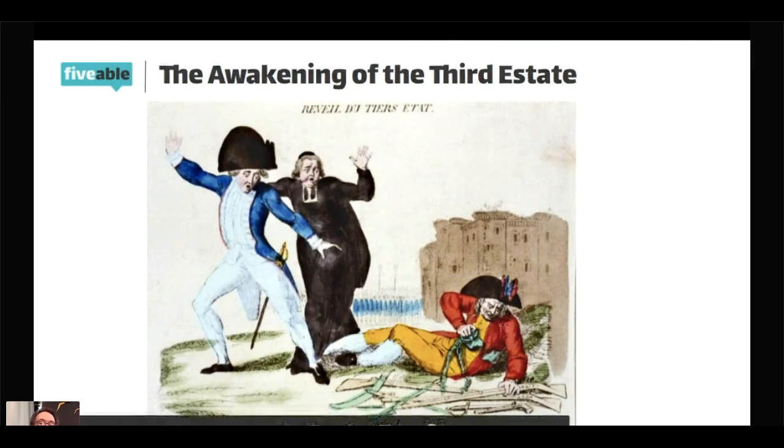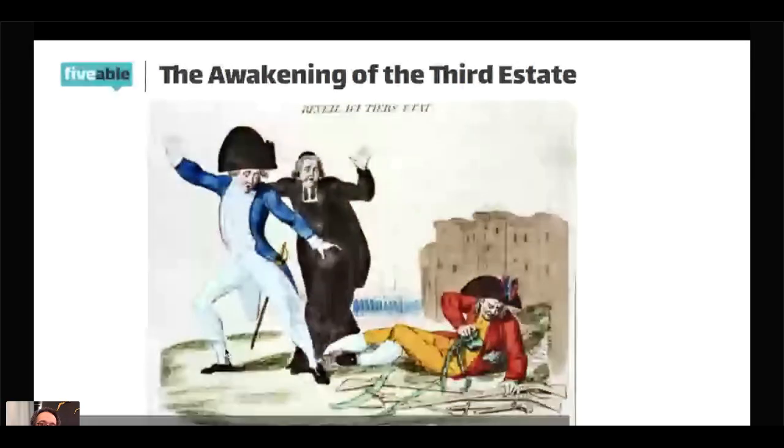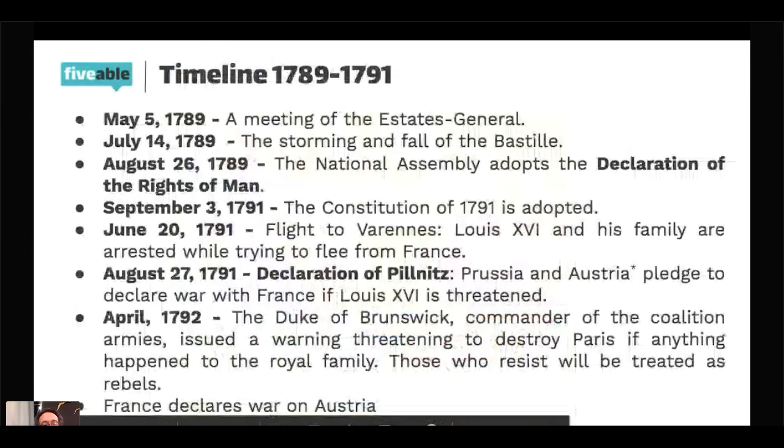That's France on the verge of the French Revolution in 1789, and in this cartoon, the awakening of the third estate, the third estate is coming into knowledge and consciousness, taking away its shackles, breaking away and getting up, and you see the other two estates panicking and basically running off from that situation. So that's a little bit of background to the French Revolution. France, by the way,